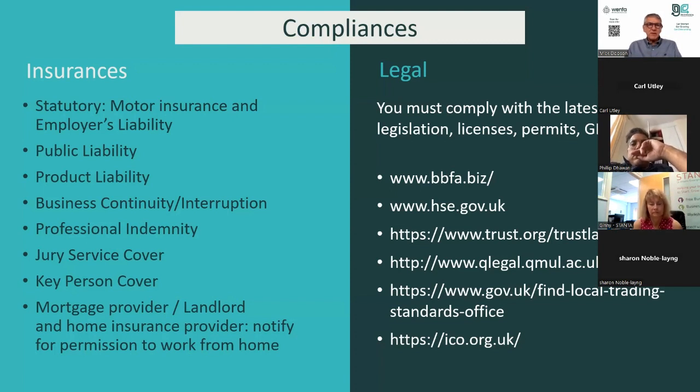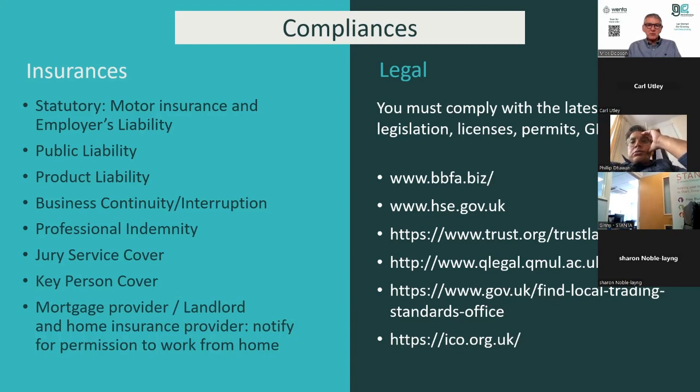PL, public liability, good plan to have. Insures members of the public against mischance causing accident through you trading. Product liability is a must if you've got anything that goes in or on people. If you haven't got product liability, you better be really sure that what you've got can be laid off on others. So if it's food, you need a supply chain going back, proving where it's come from, who's dealt with it, who's wrapped it, all of that. So product liability is worth looking at under some circumstances.